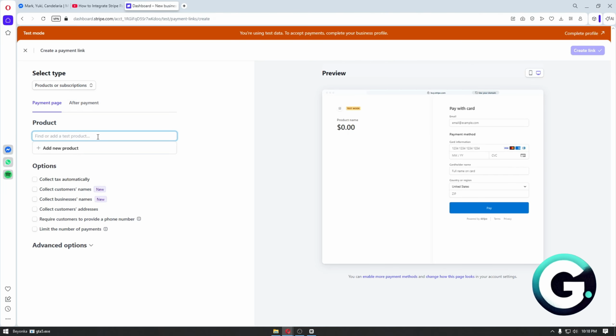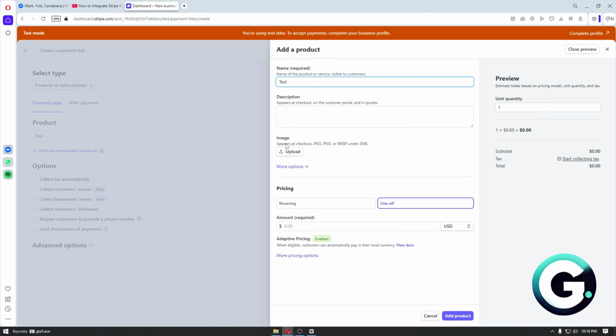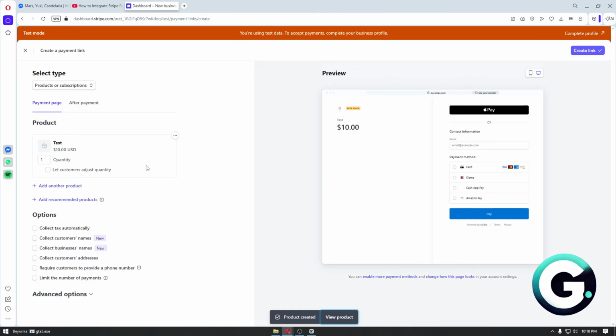Now you want to add or find a product. In my case, I'm just going to click on the test button. Now you can add the description, but to make things easier, I'll just set it at $10. Click on add product, and now that we have our product set up, you can now go ahead and add